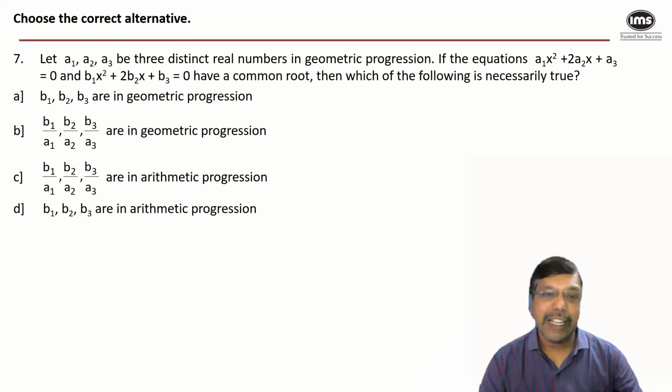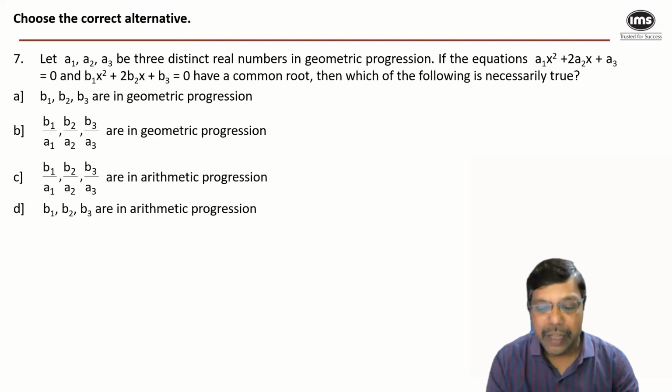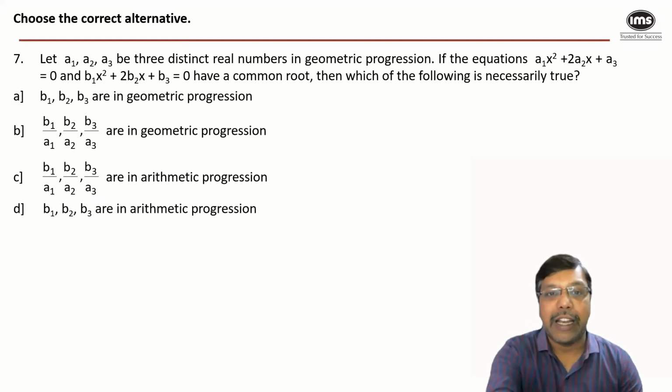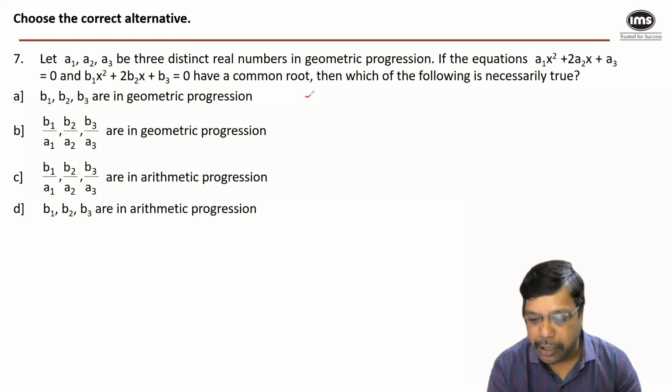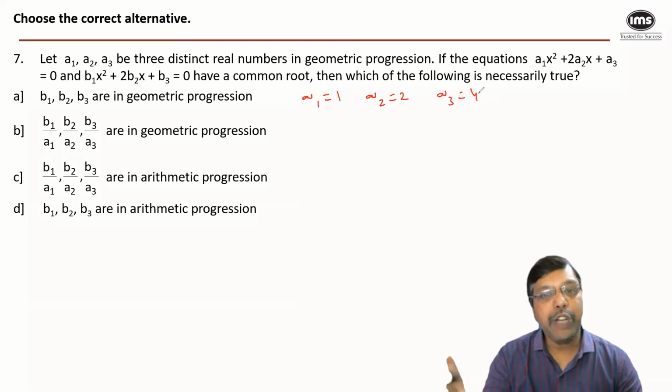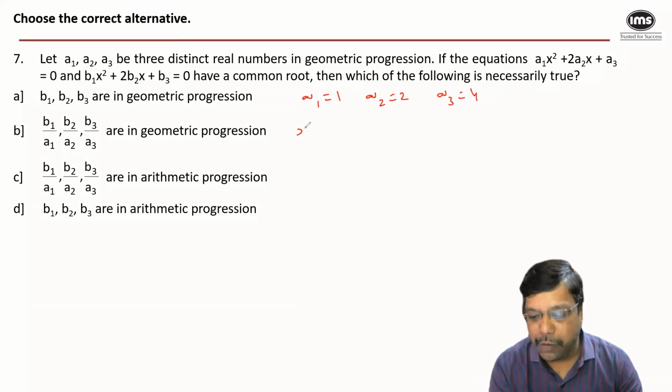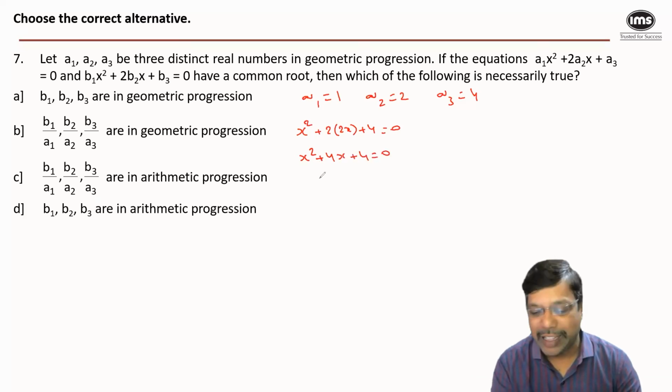Now, let me consider certain values for a1, a2, a3 so that solving the question becomes easier. Three numbers in geometric progression, so let me consider a1, a2, a3 as 1, 2, and 4. Now, substituting these values in the first equation, the equation becomes x square plus 2 into 2x plus 4 equal to 0, or x square plus 4x plus 4 is equal to 0,